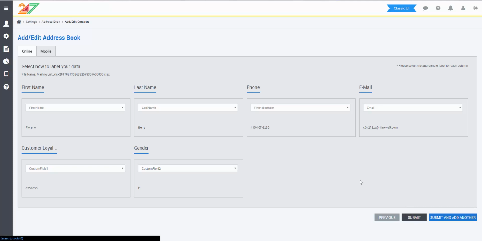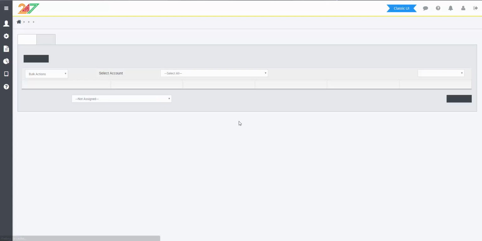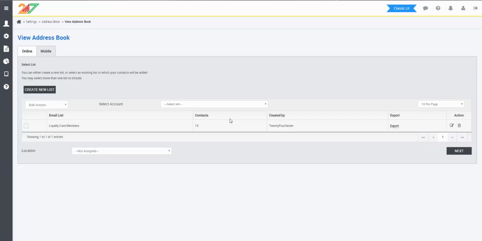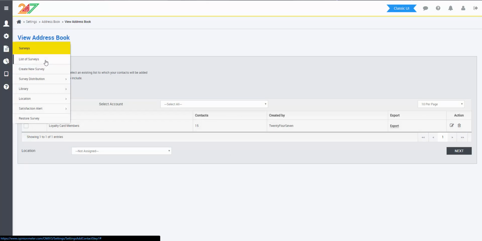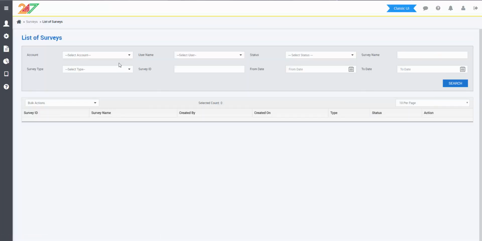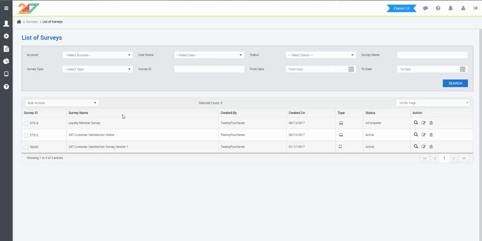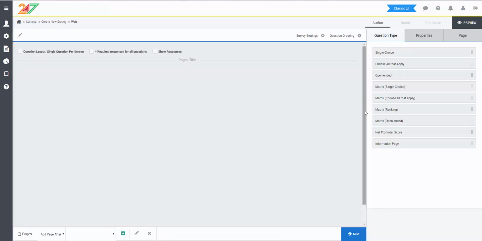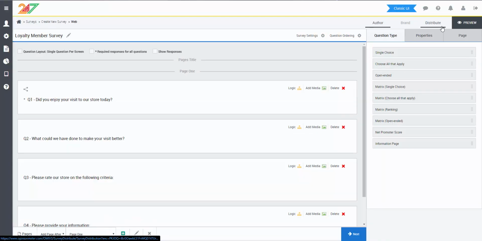Now I'll click Submit, and my list is imported and ready to be mailed to. I can see that I have 15 contacts. Now I'll go over to my list of surveys. I'll find my loyalty member survey, and in this case it's incomplete because I've not yet distributed it, so I'll click the edit icon. Next I'll go over to the Distribute tab,